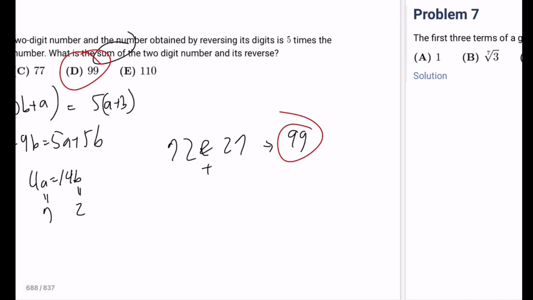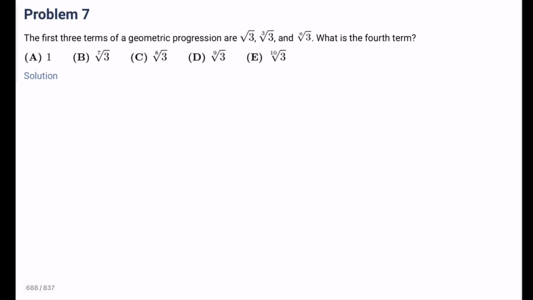It's D. Number 7. The first 3 terms of a geometric progression are this, this, and this. What's the 4th term? Okay, so putting those in exponential form, that's going to be 3 to the 1 over 2, and this is going to be 3 to the 1 over 3rd power, and then this is going to be 3 to the 1 over 6th power,